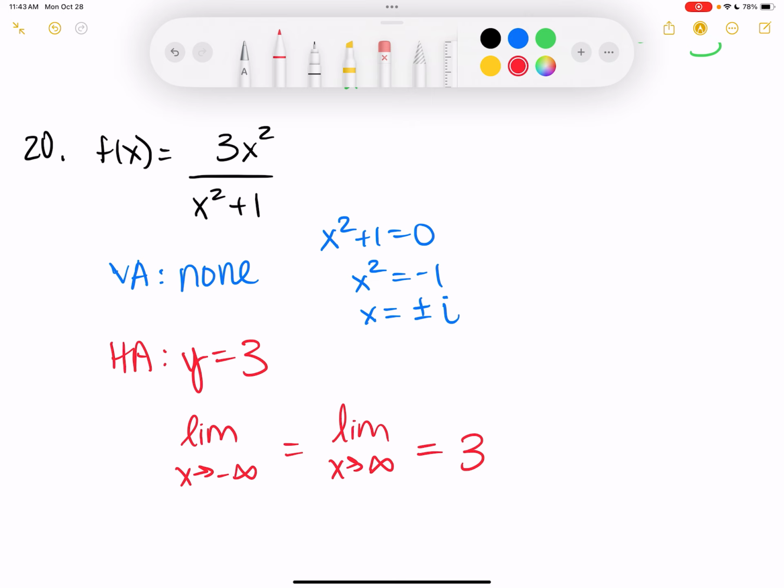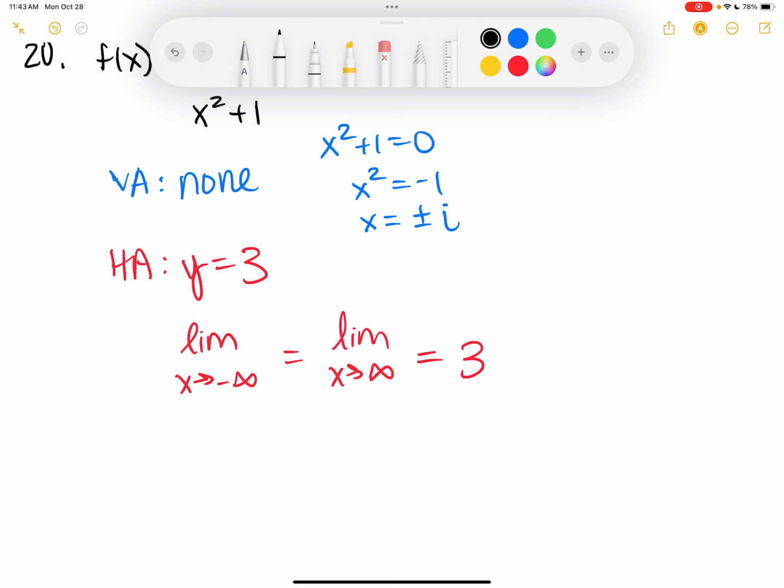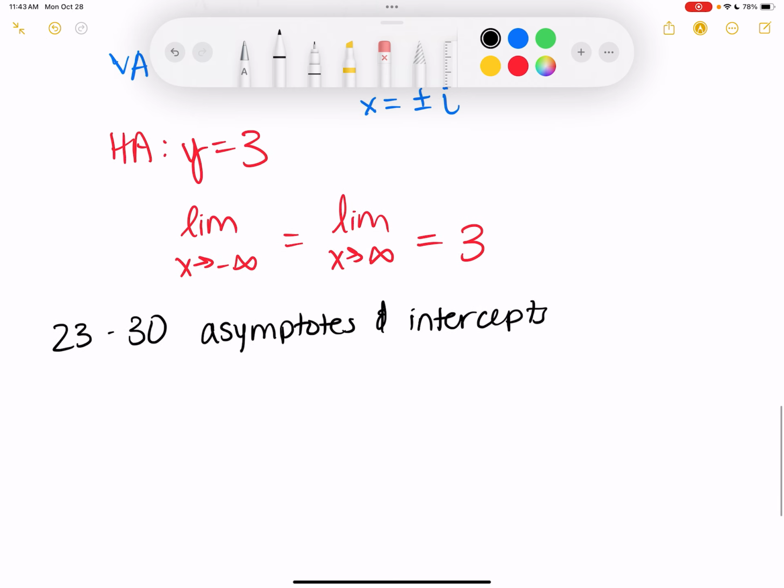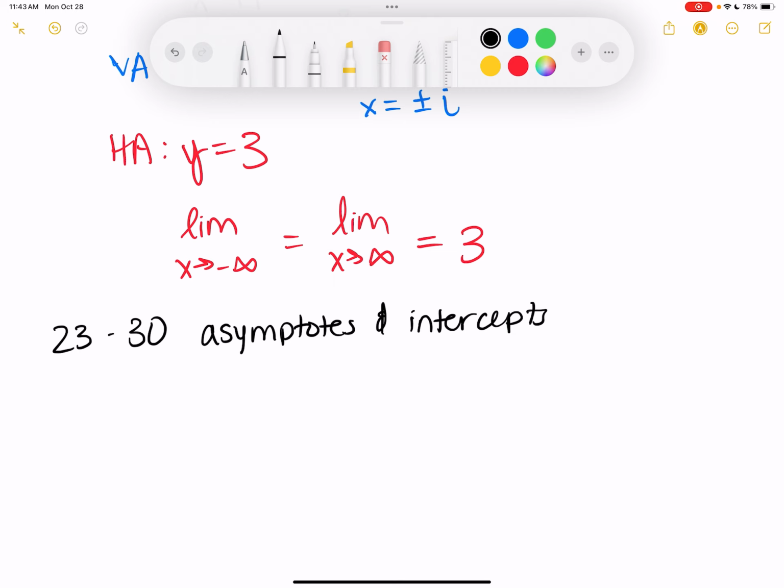All right, for 23 through 30, it's just modifying the instructions a little bit. You're just finding the asymptotes and the intercepts. Okay, so to find vertical asymptotes, we set the denominator equal to 0. To find intercepts, the x-intercept, we set the numerator equal to 0. The y-intercept's a little different, but